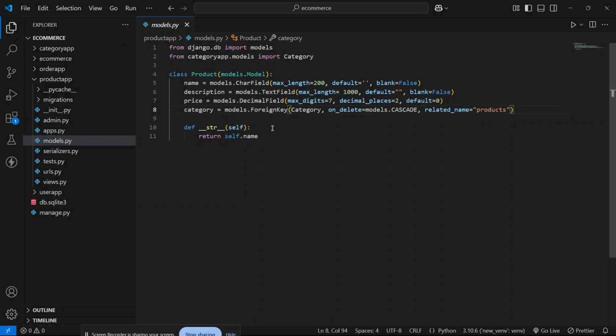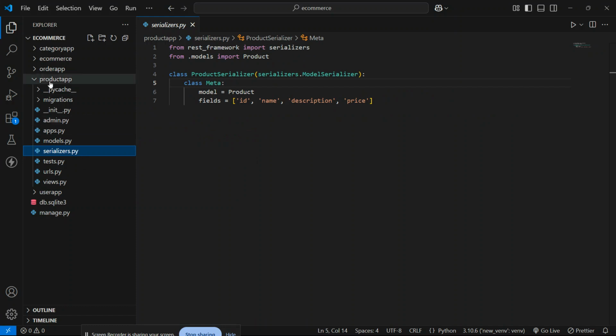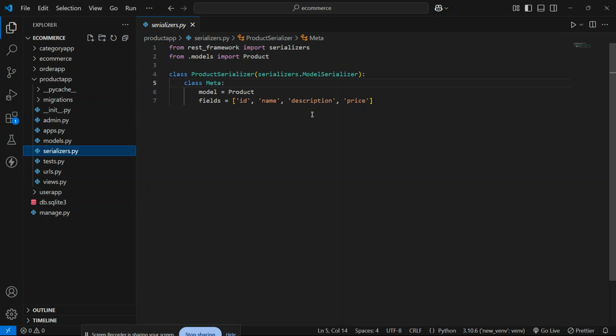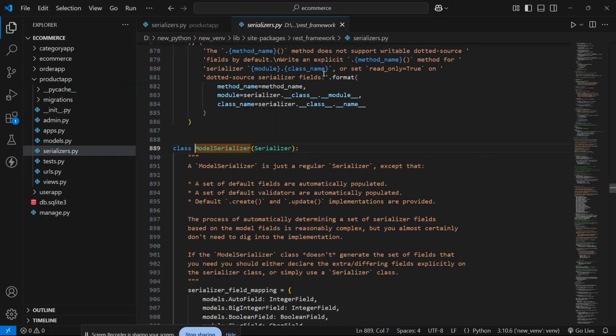So here is the model, and after that comes the serializer. Here I take one class, ProductSerializer, from serializers.ModelSerializer. Serializers is a package, and ModelSerializer is a class that inherits the Serializer class.